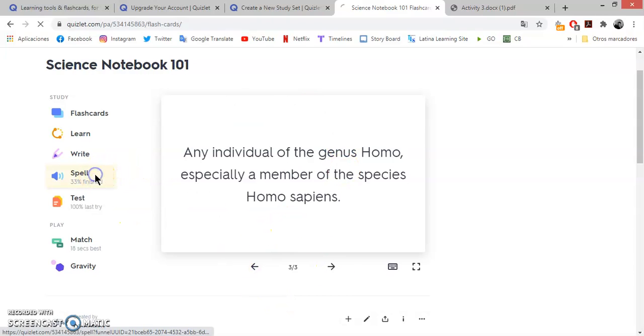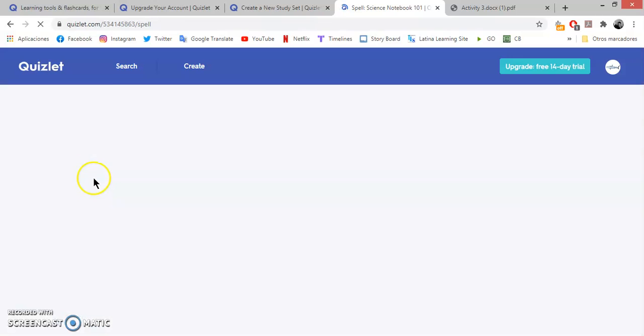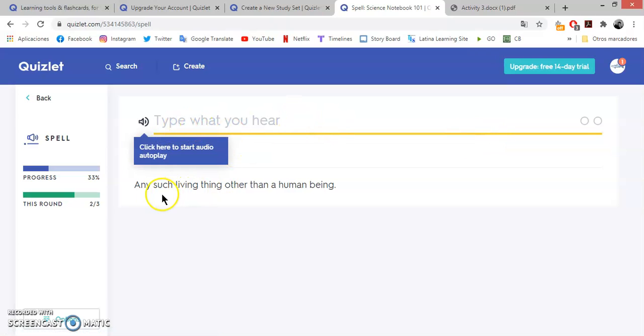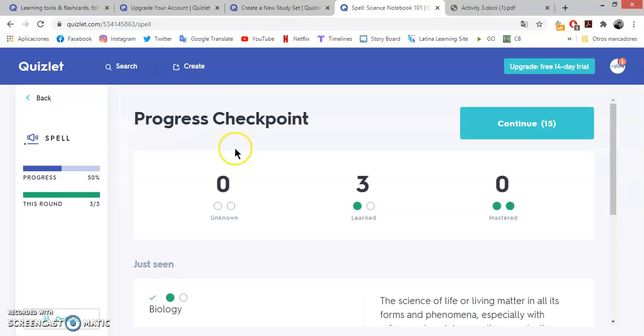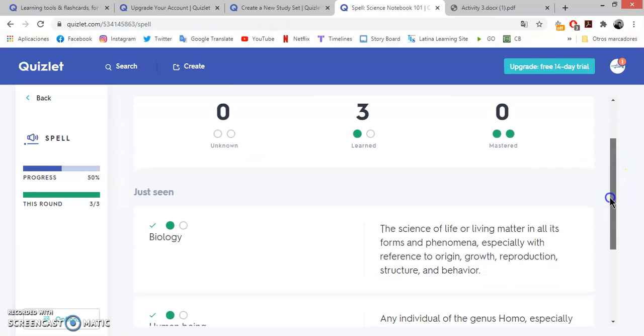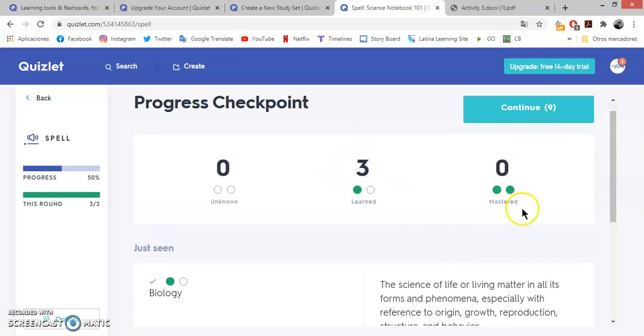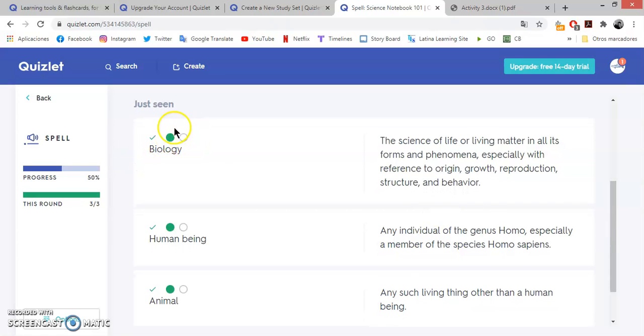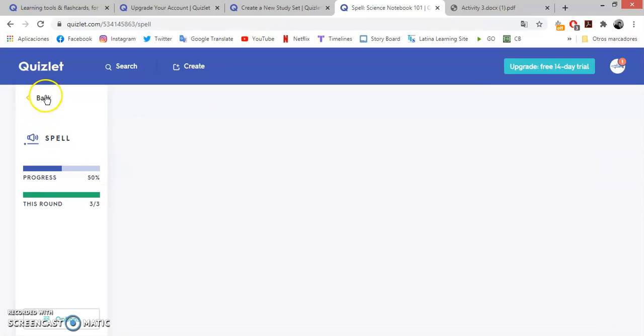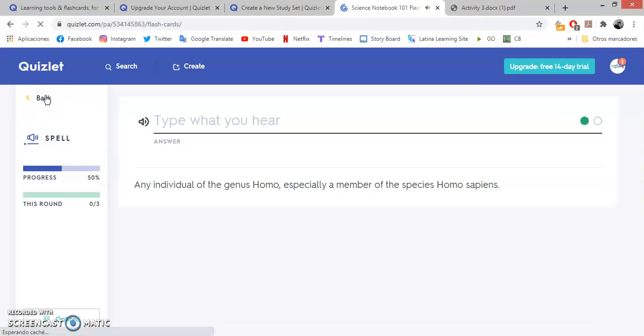As well, we have the spell option. You have all these options in here, but I will show you the spell one, which is very interesting. Why? Because it will provide you with the definition, such as: a living thing other than a human being is an animal. So you can put the answer in here. You can hear the answer. You see? It read it for you, and you press enter. If it is correct, it will show you as green. In here, it will provide you with how much you learned, and it will show the correct ones in green. If not, you will see a red circle in here, but you can review it again. Going back,